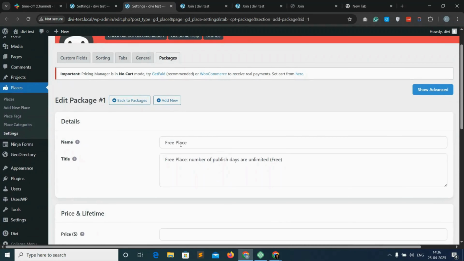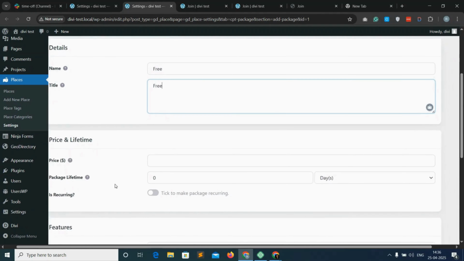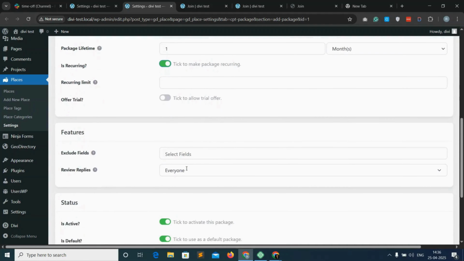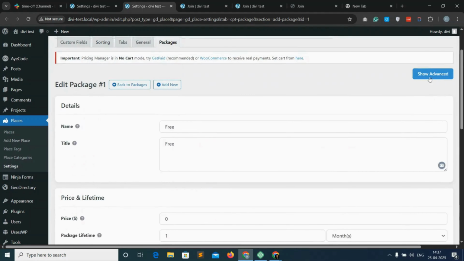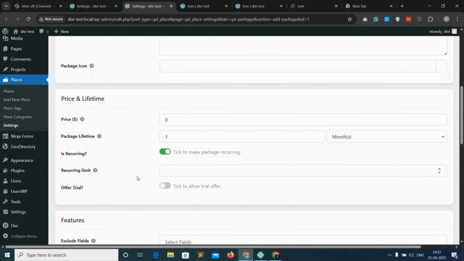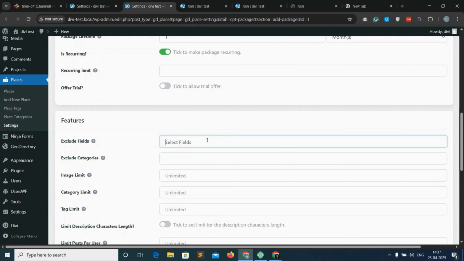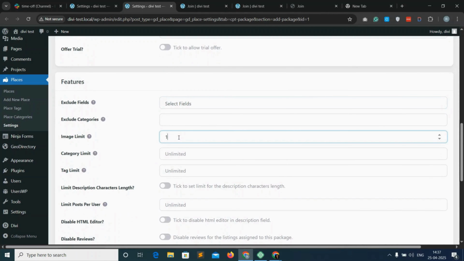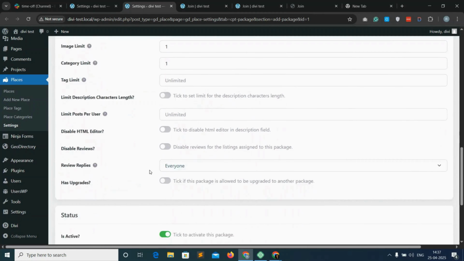So the free is default, so we'll be editing it. So naming it free, and title also free, and pricing will be 0, and duration 1 month, and switching this on. Coming on to show advanced, we can add here description, package icon, and we can add select field over here also for adding whatever the field we want to show. For free, images we are adding 1, category also 1, and then you can add whatever you want and adjust it,